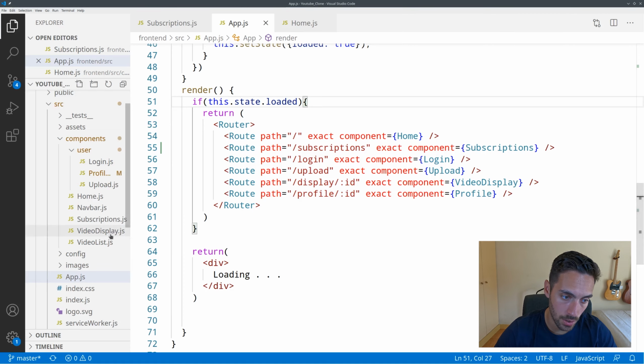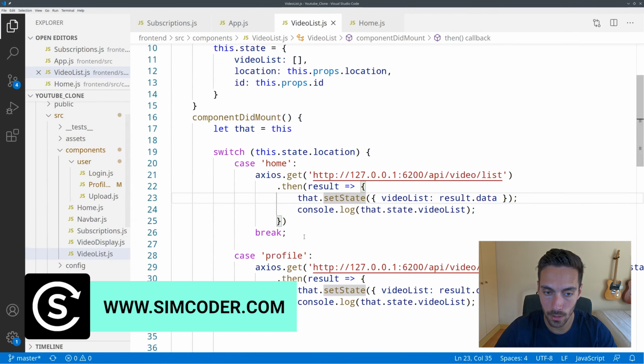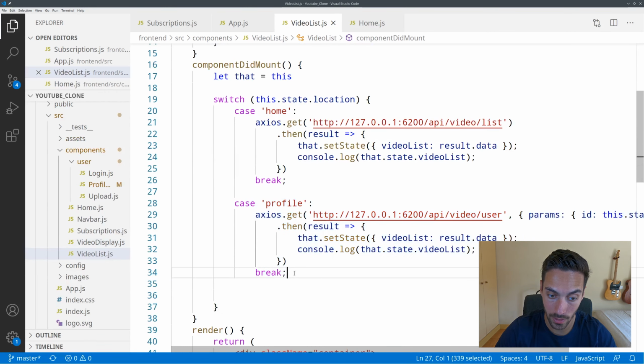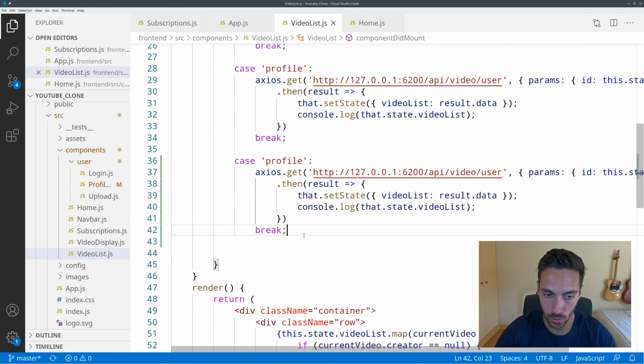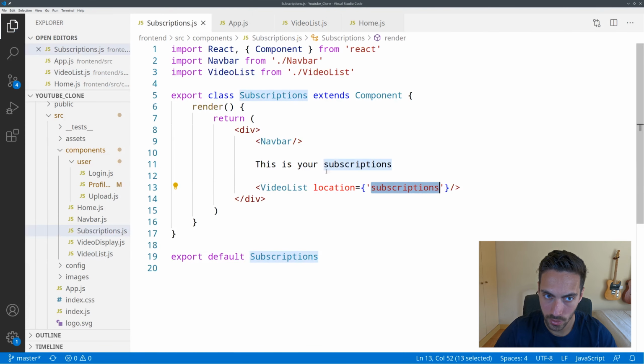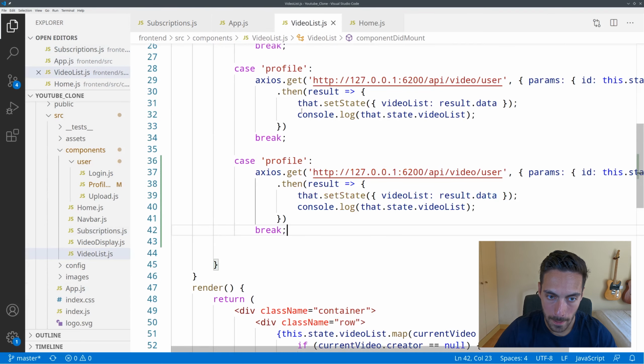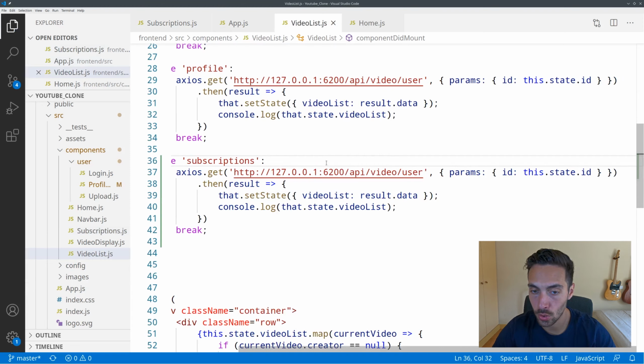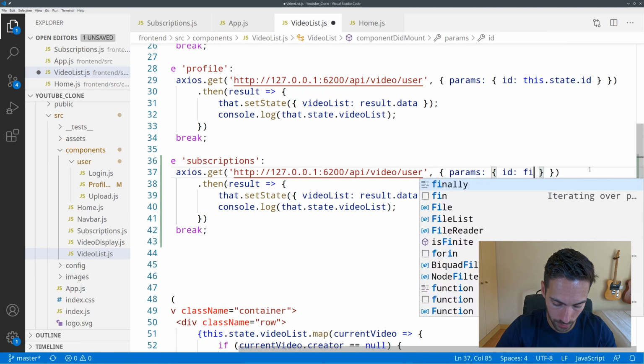However, we must change how the video list behaves, because right now we aren't fetching anything that's related to subscription, so we must take care of that right now. Coming in here, I'm going to double up on the last case, going to subscriptions, see what I called the location, which was subscriptions, and place it in here. Okay, so now all you have to do is to pass along all of the data of the current logged in user and get all of the videos accordingly. So in order to do this, I'm going to pass along the ID of the user, which in this case will be